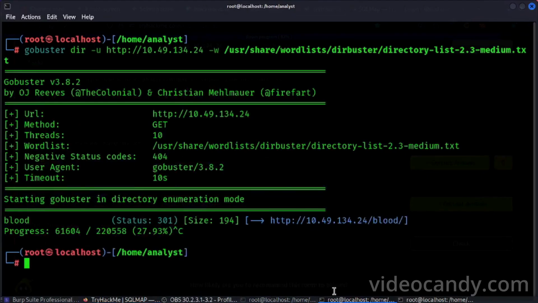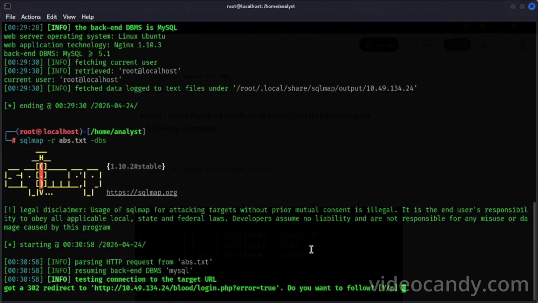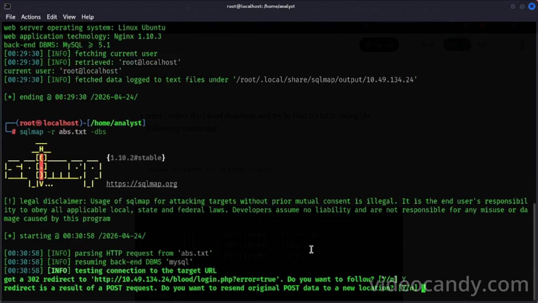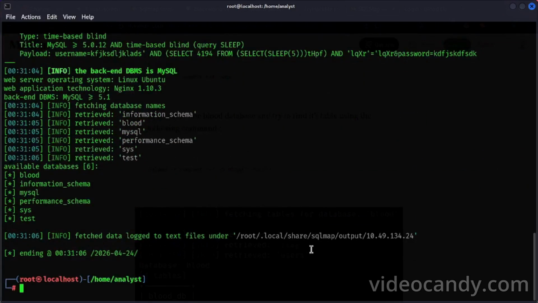Now I have to find only the flag, for which we have to run sqlmap -r abs.txt --dbs, and yes, yes, and we get the available databases: blood, information_schema, mysql, performance_schema, sys, test.